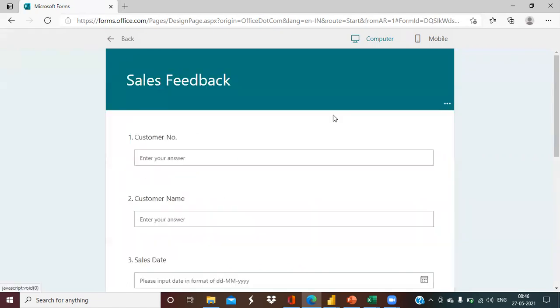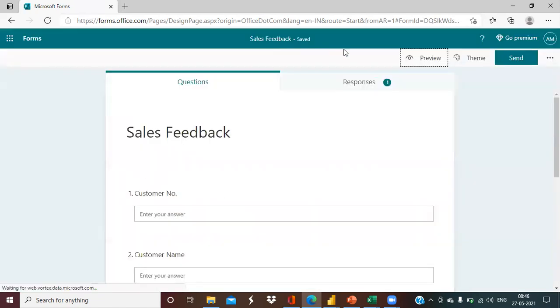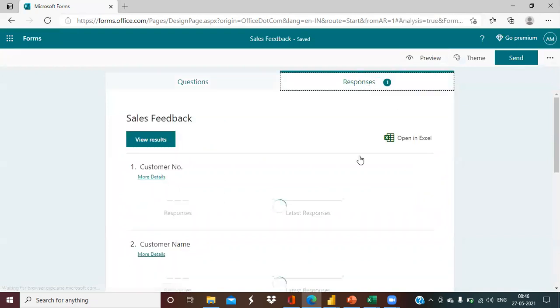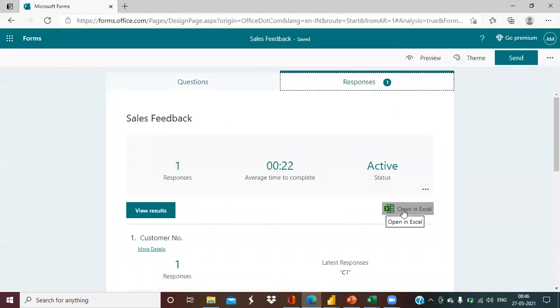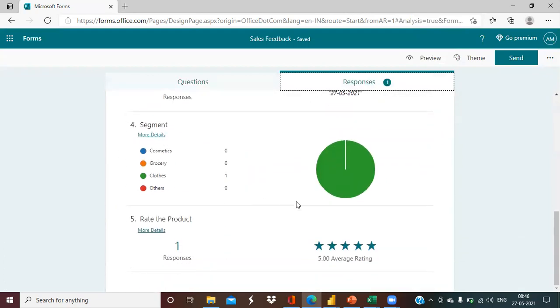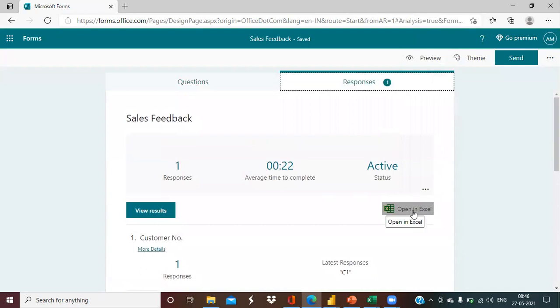The beautiful thing given by Excel is if we go back and we have the responses here, we can open that in Excel as well. If we want, we can find out directly in Excel. It is already giving some visual analytics here itself directly, but still, if we want to open it in Excel and go to the pivot table, we can do that as well.